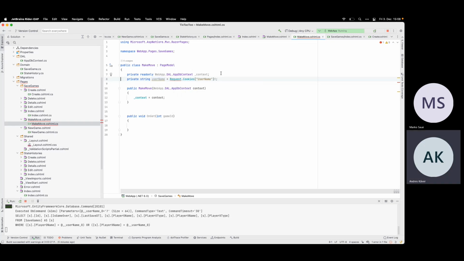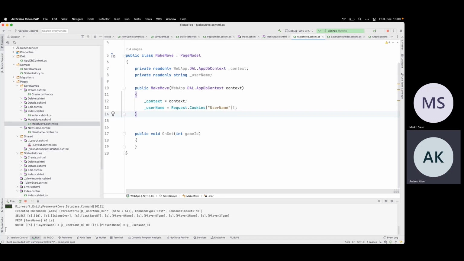Yeah, non-static, cannot do it here. But I can definitely do it: private string username, I can definitely do it here. And I can even say that it is read-only, so I can set it up just in the constructor. So it's both there in get and post.